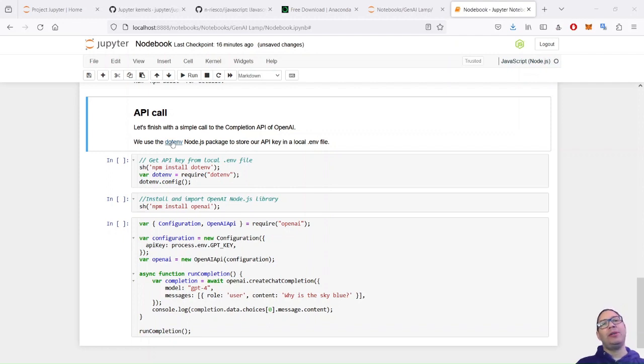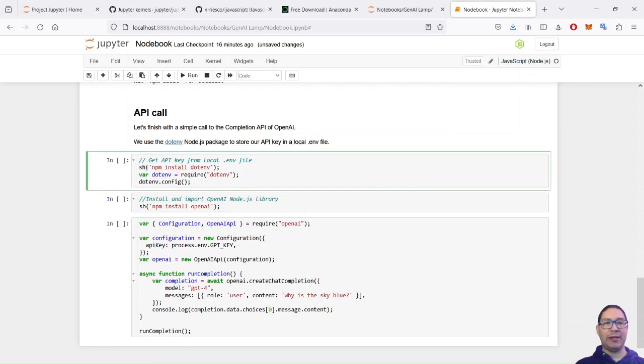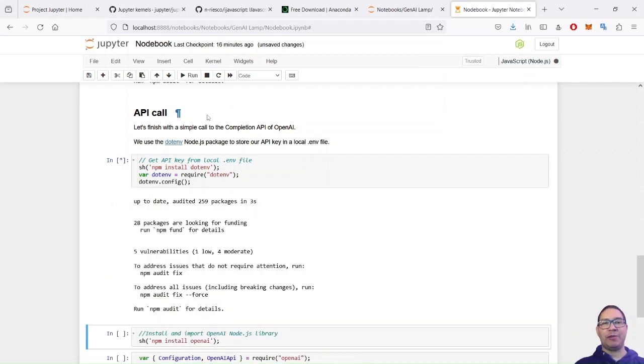First, we also use the dotenv npm package to store my OpenAI API key in a local .env file. So again I install the dotenv package, require it, and load the key into memory in my execution environment, because the whole notebook is one execution environment on Node.js. The dotenv package is already installed.